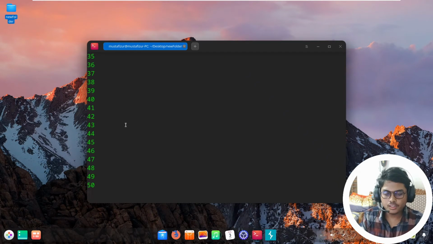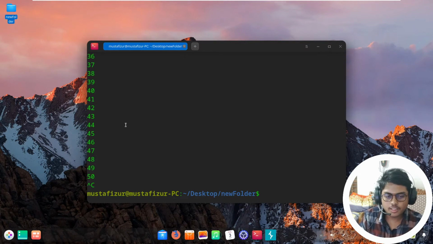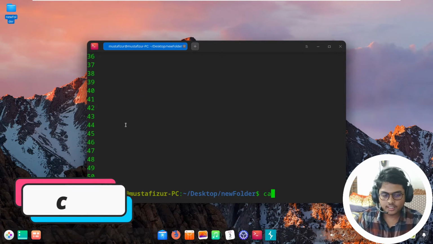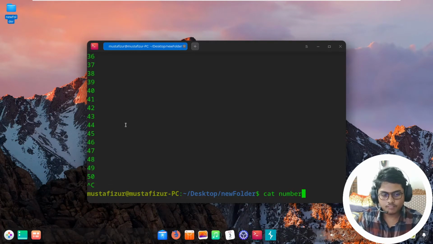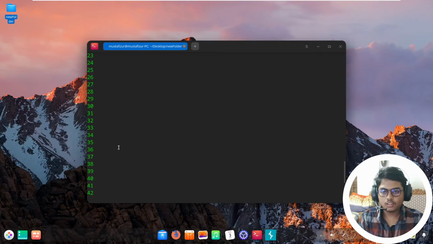If you want to finish your inputting, at that time you press Ctrl+C. Your inputting is complete. To check whether your input was properly fulfilled, you need cat again and the file name. Our file name is number.txt. The terminal shows us the input, so our input is completed.